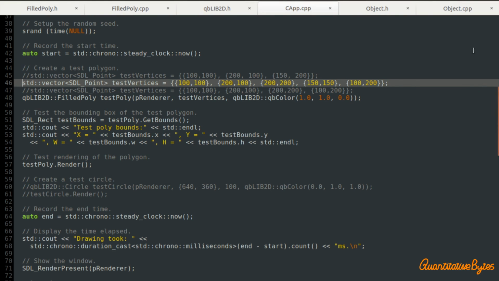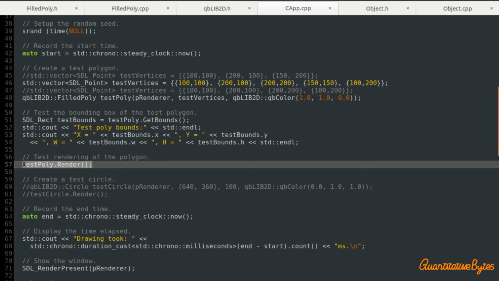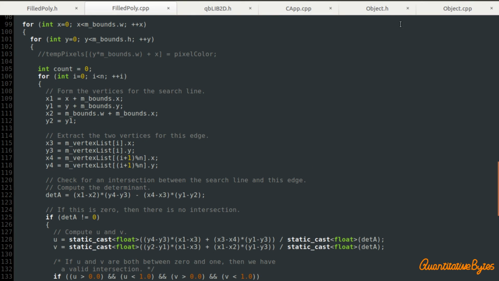And the one point that I would make is, of course, because we're rendering it into a texture, actually rendering it onto the screen takes virtually no time at all, because we're just blitting that texture into the window. And over the next week, one thing that I want to do is to extend this code, probably in the object base class, because I think it will be something that will go into every shape. I want to be able to move the shape around on the screen without having to re-render the texture, if you see what I mean. It doesn't make sense.